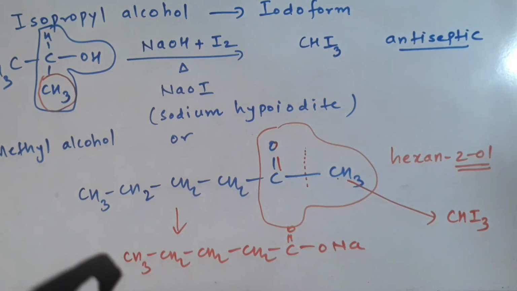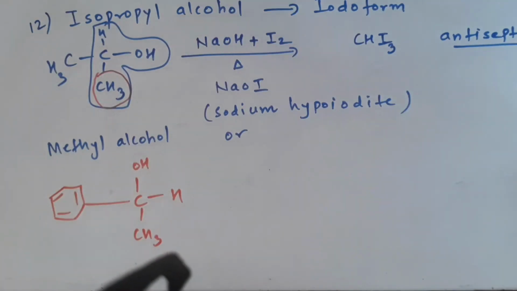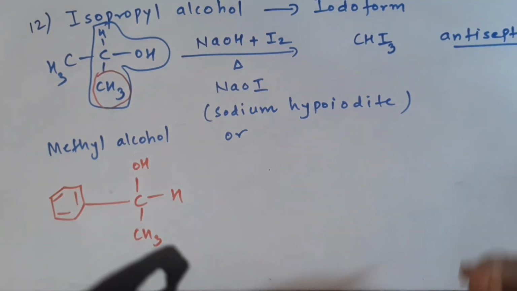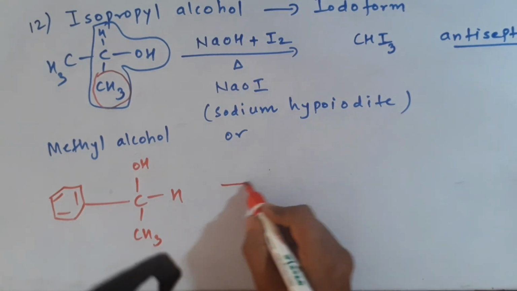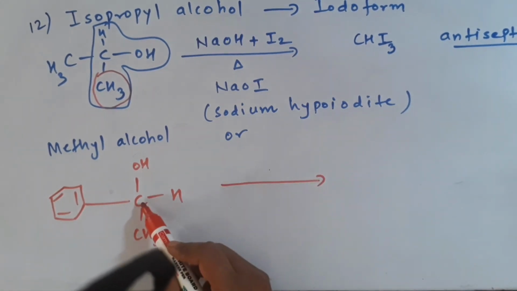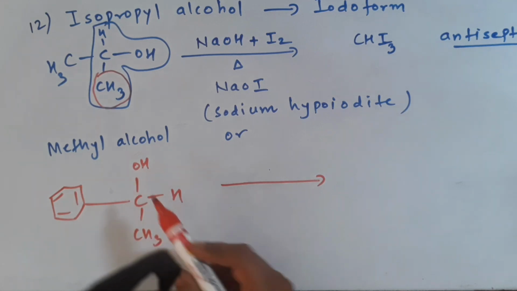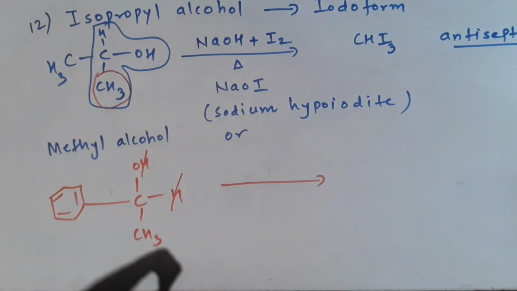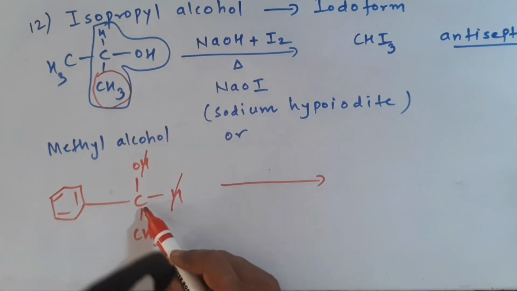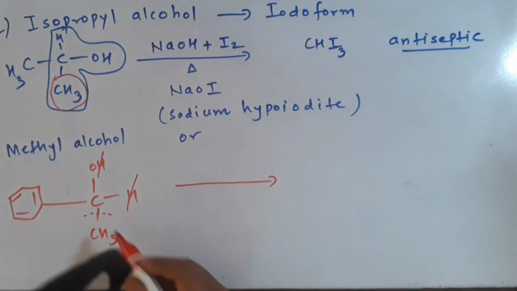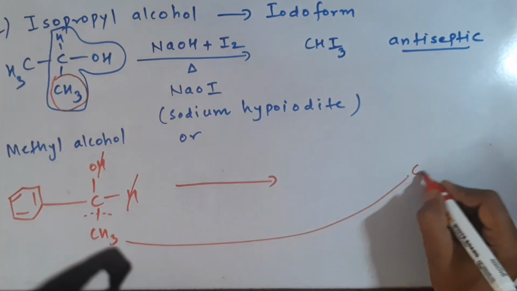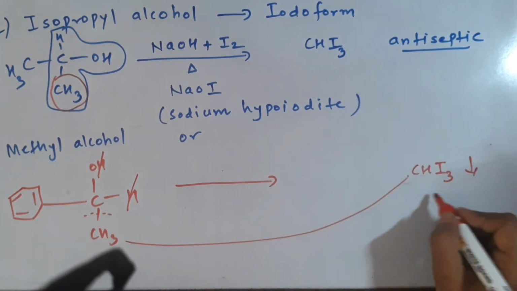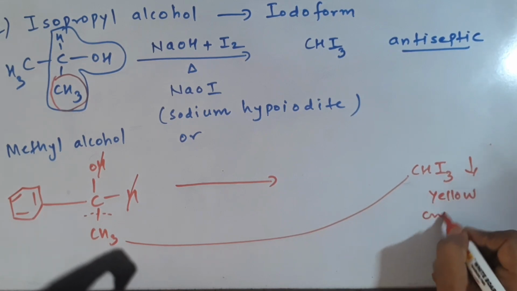Okay, I'm sure you have understood this. Let me explain with one more example. This is the last example, and hoping that you understand it and you get 100% marks in the board exam. Now for the iodoform test, again I look at this. Yes, it looks like a 2-ol because at carbon number 2 it has got OH. So what is the first step? Oxidation. Remove this H, this H, so it will become C double bond O, CH3. After that, break it. The CH3 becomes CHI3, a yellow, crystalline precipitate, antiseptic.